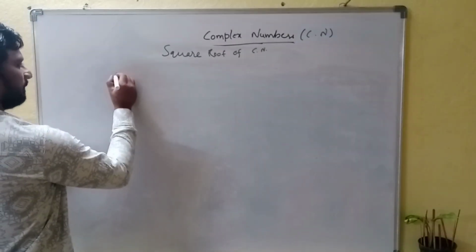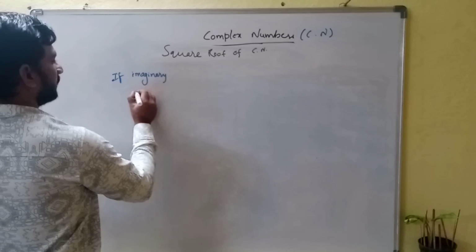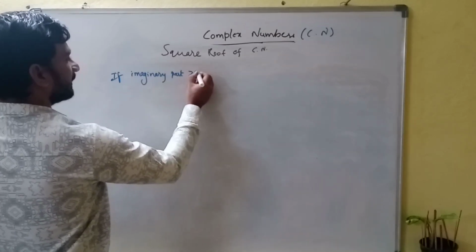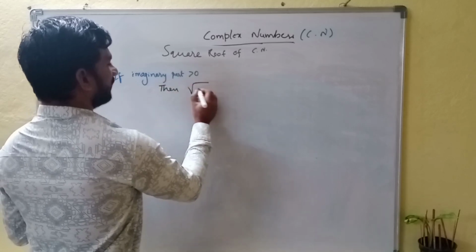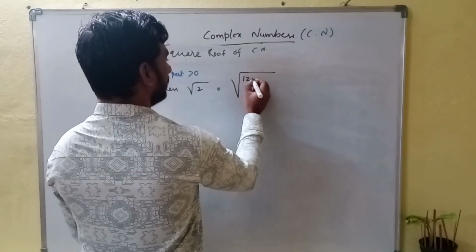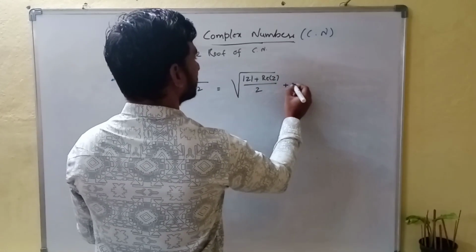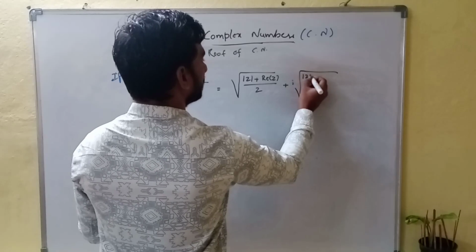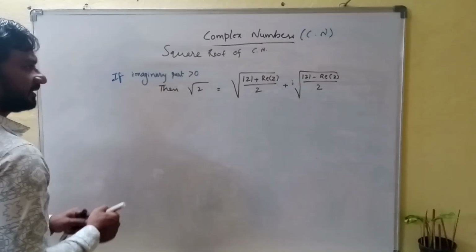One is if the imaginary part is greater than 0, then square root of z is equal to under root mod z plus real part of z by 2, plus i into under root mod z minus real part of z by 2. Again, if the imaginary part is less than 0,